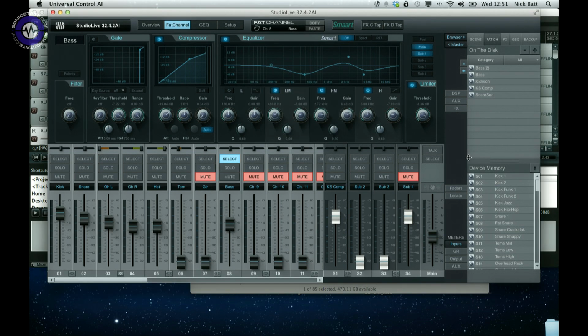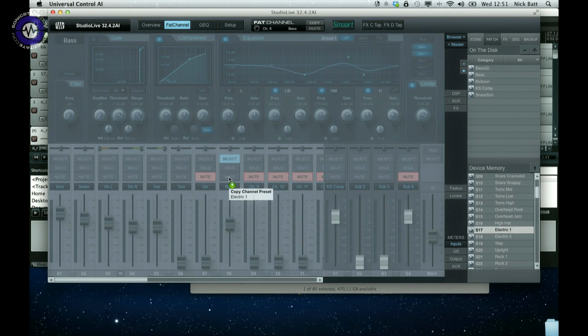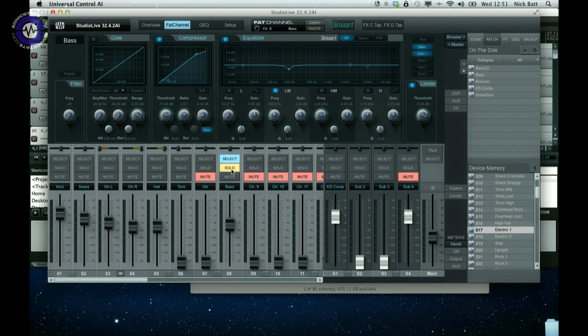So I'm just going to go, well, I've already stored one for bass, but I'll store another one. So now I've got my preset here, but I've got in the device all of these other presets here, which I can check out. So I could maybe take an electric bass. Let's see what that sounds like. If I drop that onto this channel, see what that sounds like. Come back to my...